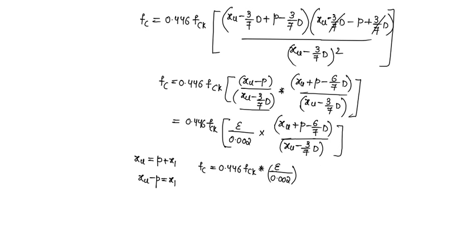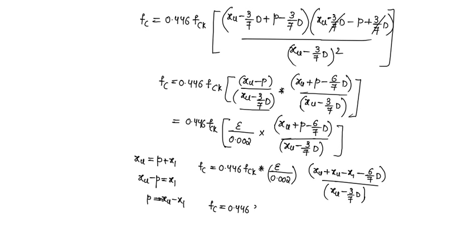Substitute in place of p, from this p will be equal to xu minus x1, then xu plus xu minus x1 minus 6/7 of d by xu only minus 3/7 of d. This will be fc equal to 0.446 fck into, let us write it again, rewrite it as,